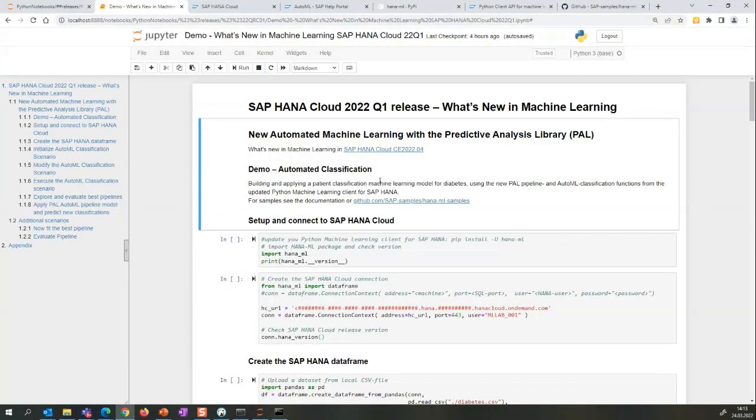Here I'm using a Python Jupyter notebook. And in this Python Jupyter notebook, I will show you the new capability based on a scenario, which is a classification scenario. So I'd like to predict a category value. In this case, I have a sample patient data set, and I'd like to build a model to predict the likelihood of